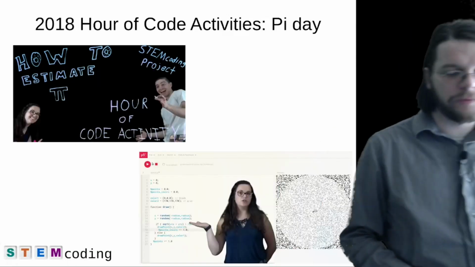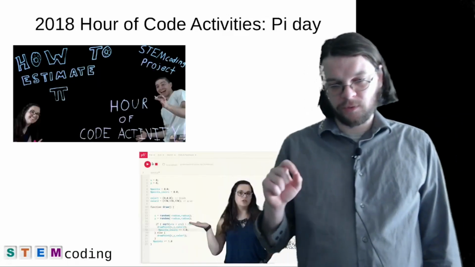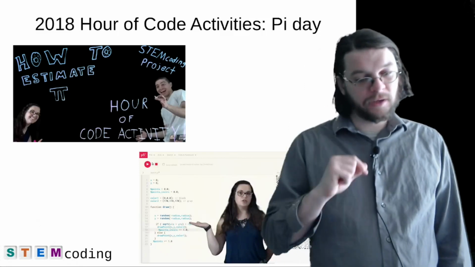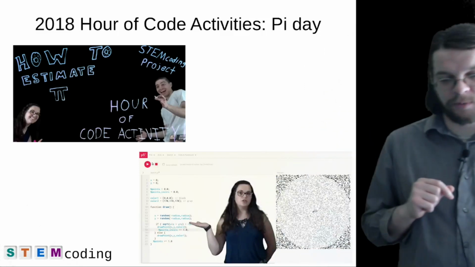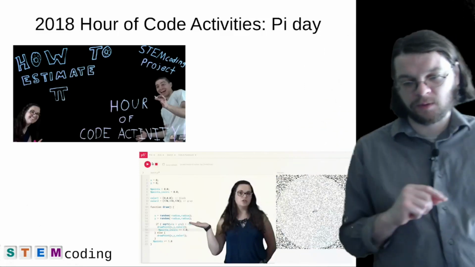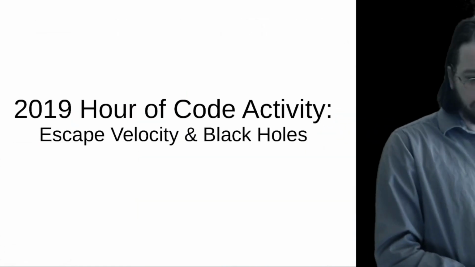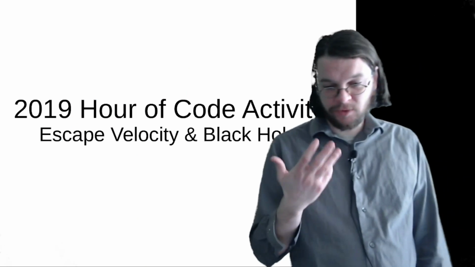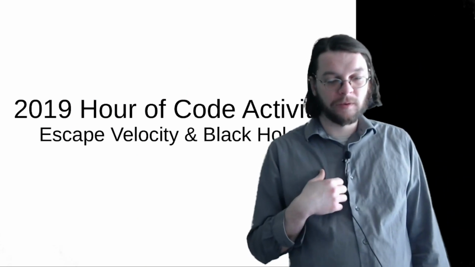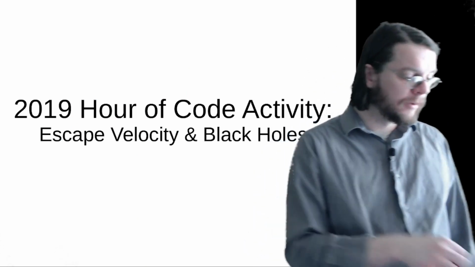And then we continued. So we put the first activity on hourofcode.com where you're calculating the digits of pi. And so I'm going to talk about that in just a minute. And then in 2019, we got really excited about the black hole image. You guys remember the black hole image from the Event Horizon collaboration? So this is a nice photo from this is Katie Bouman, and I believe she's a computer scientist at Caltech.